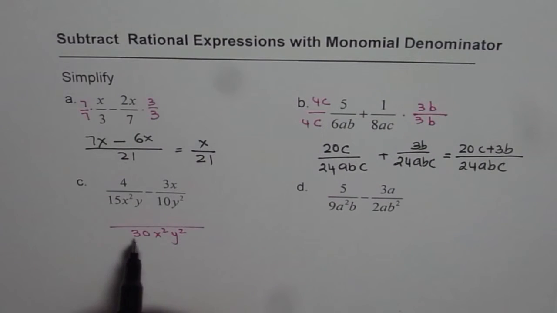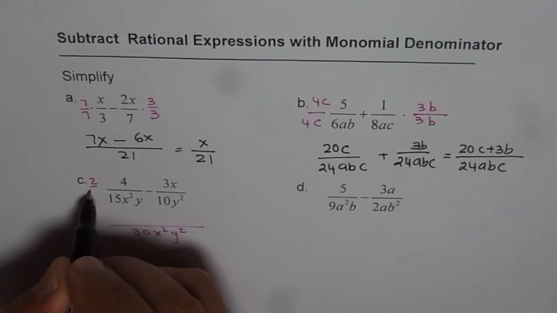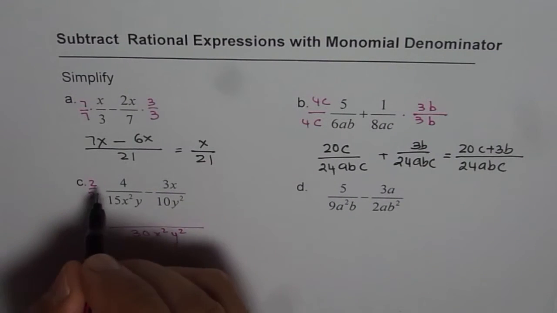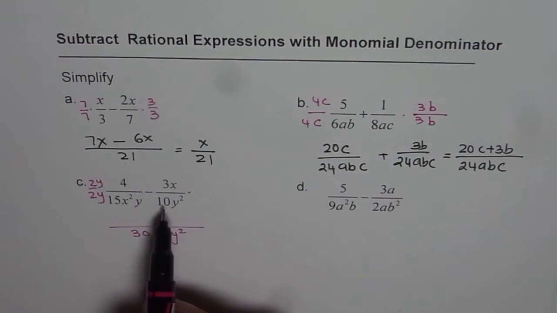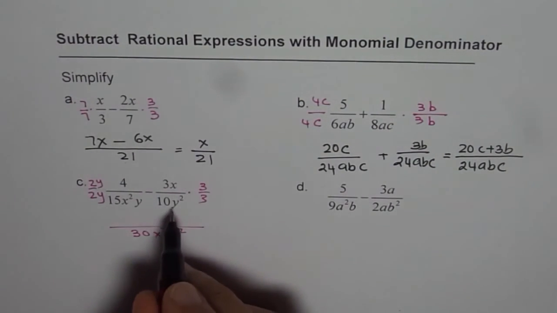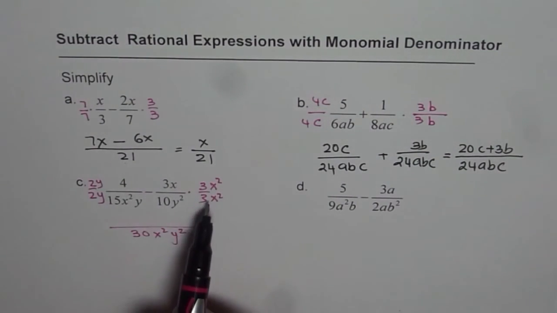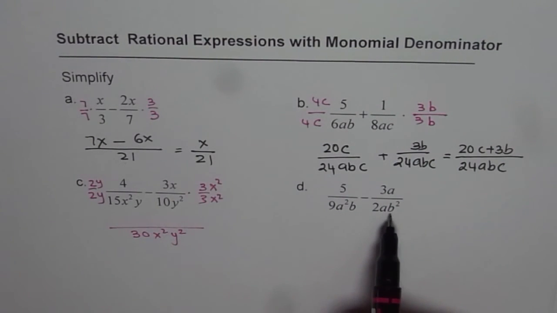How are you going to get 30x squared y squared? This is the next question you should be asking. I have to multiply by 2 over 2. And as far as the variables are concerned, we need y squared. We have only y. So 2y over 2y. That is how we are going to get. How about the next term? We have to multiply this by 3 over 3 to get 30 from 10. And we are missing x squared, so we'll multiply by x squared over x squared. Well, do this multiplication and write down your answer. Now think about this in a similar